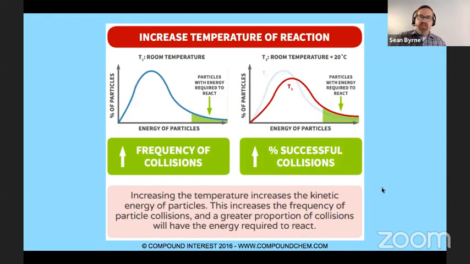When we increase the temperature of a reaction, here's a Maxwell-Boltzmann diagram that we've looked at a couple of times together. Here's the number of particles, and the energy of those particles. We could say here's the most probable amount of energy for the particles. If we were to say that the area under the curve here, the green spot, is the particles that have enough energy to react, well, what happens when we increase from room temperature to room temperature plus 20 degrees? What we've done is we've flattened this curve.